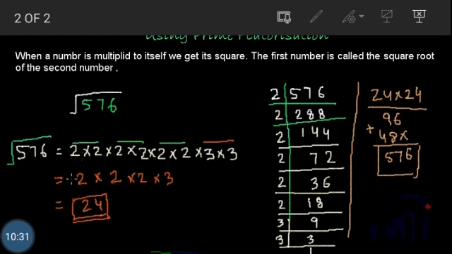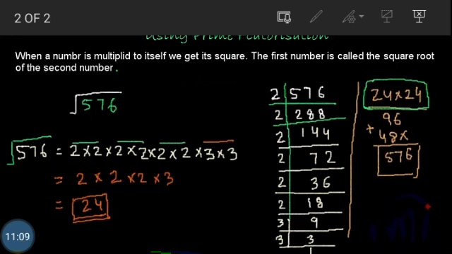So when we are finding the square root, we are making the pair of two factors each, and both the factors in each pair should be the same, right? You can't make a pair of one 2 and one 3. Pairing of 2 can be done with 2 only, and pairing of 3 can be done with 3 only. And the secret lies here, because the square of a number is the number multiplied by itself. So when we are finding the square root, we have to find the pair of same numbers. And if we take 1 out of that, we will get the square root, right?